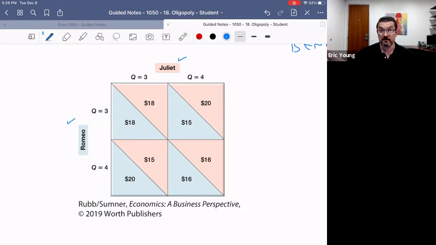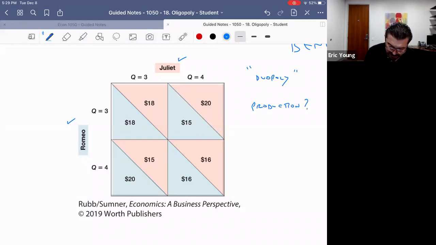They're rivals, okay? They compete against each other, and we're going to assume, just to make the model easier, that this is a duopoly. A duopoly, duo, is an oligopoly with only two players, okay? So we're assuming here that Romeo and Juliet are rival players in a duopoly, and they each have to make a production decision. How much to produce?